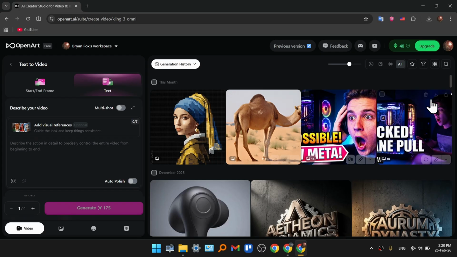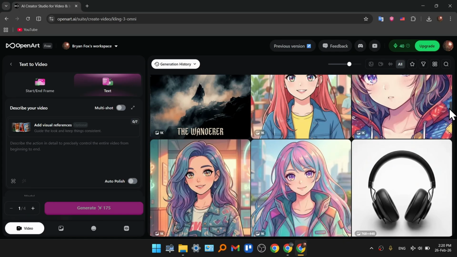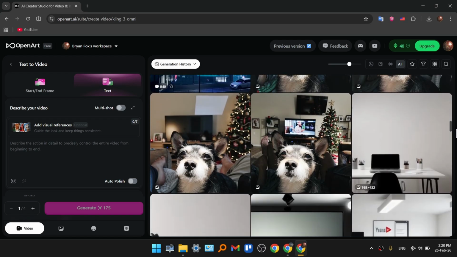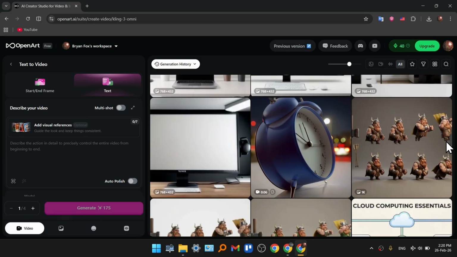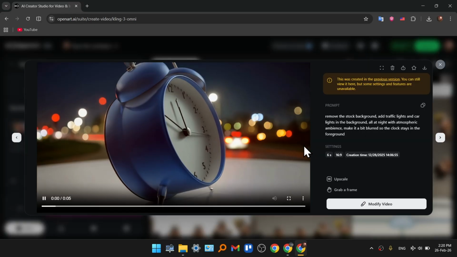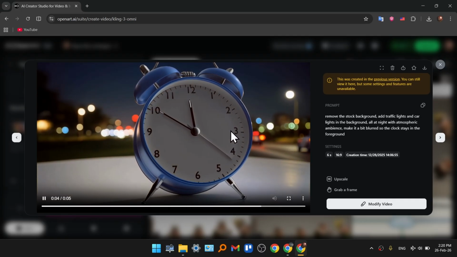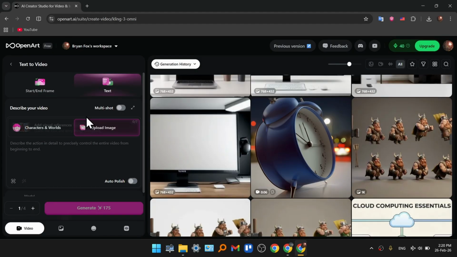So as you can see, in my case, I've already created some of the things. I've created some of the arts, some pictures, some business photos as well. So as you can see, this is all done by me. If you want an example, here, for example, I created a clock completely from scratch by using the text to video prompt. So you can have quite realistic videos, also depending on which model